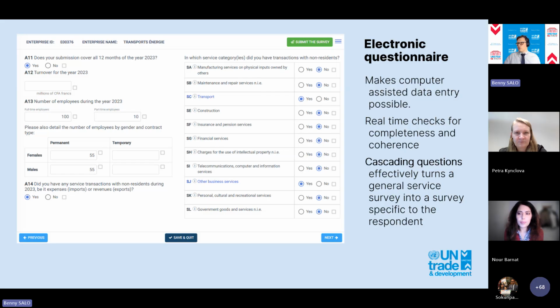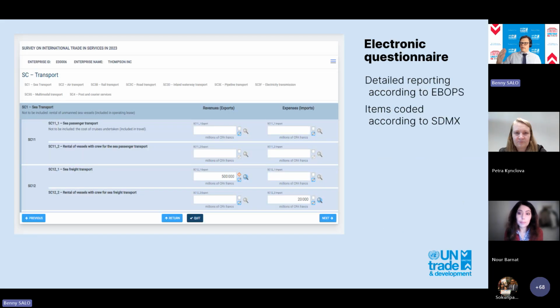screenshots and say just a few words before we open up for questions, because that is always the most rewarding part of these presentations. Electronic questionnaires are a high value added in comparison to a paper questionnaire. That allows cascading questions. It allows real-time checks for coherence and for completeness, and it makes computer-assisted data entry possible. In our case, we guide this through according to the extended balance of payments